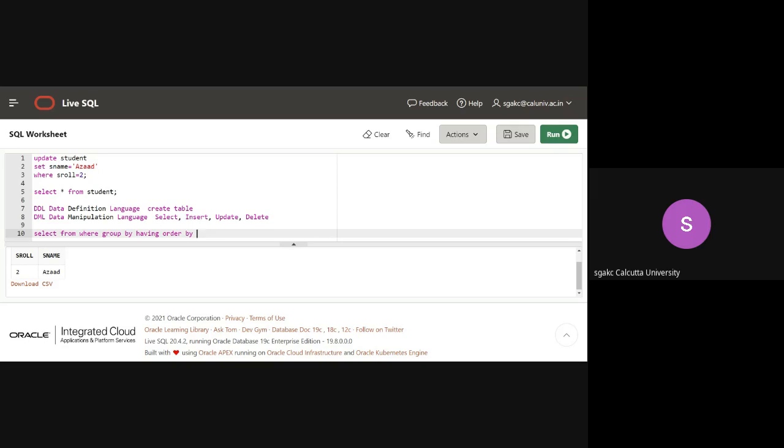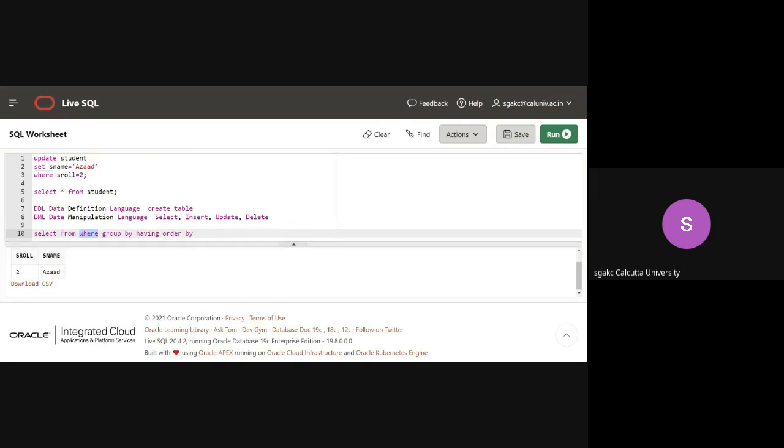When you are writing these, you have to strictly follow this order. You cannot put order by in front of group by. Please understand that. Secondly, anytime you want to use having, there must be a group by preceding it. Without group by, you cannot have a having, because having applies on group by. But you don't have any other restrictions. You can have a where, you may not have group by, you may not have having, you may not have order by, or you may not have group by and having altogether, and you can have order by.